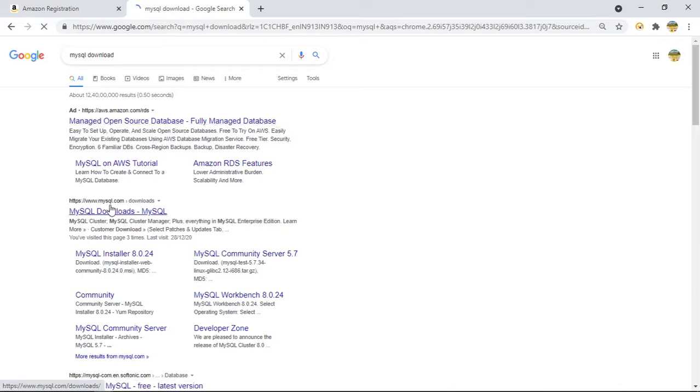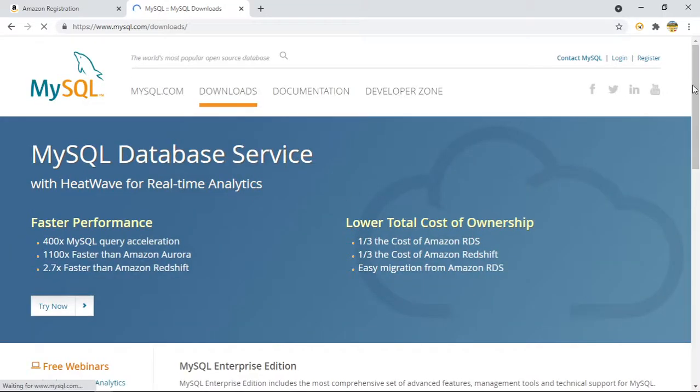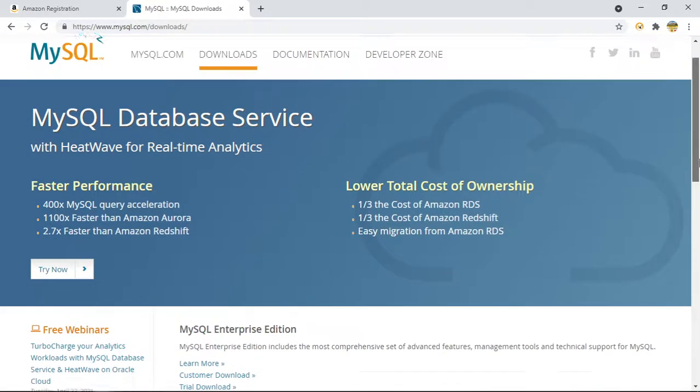download. So this is their official website. And here if you come down, okay, not this one.